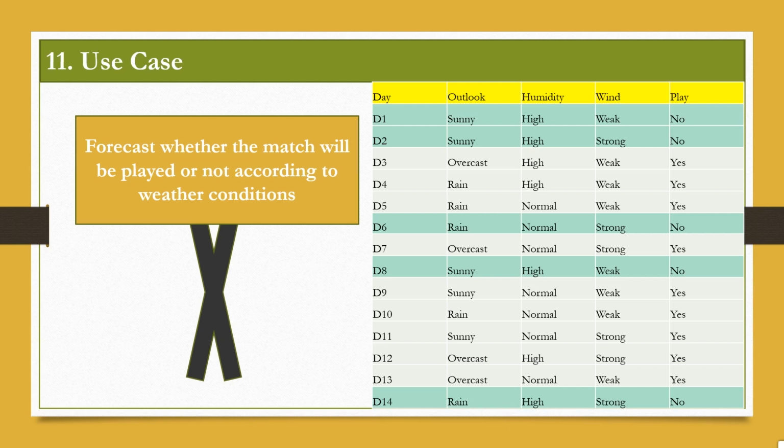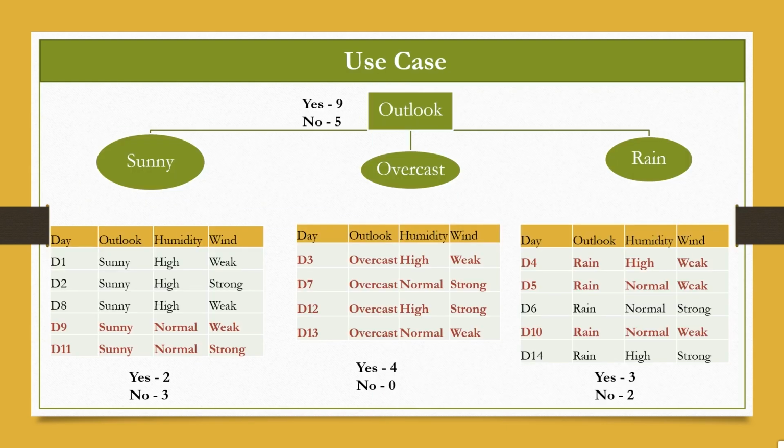Now to solve such a problem, we make use of something known as decision trees. So guys, think of an inverted tree, and each branch of the tree denotes some decision. Each branch is known as a branch node, and at each branch node you are going to take a decision in such a manner that you will get an outcome at the end of the branch. Now this figure here shows that out of 14 observations, 9 observations result in a yes, meaning that out of 14 days, the match can be played only on 9 days.